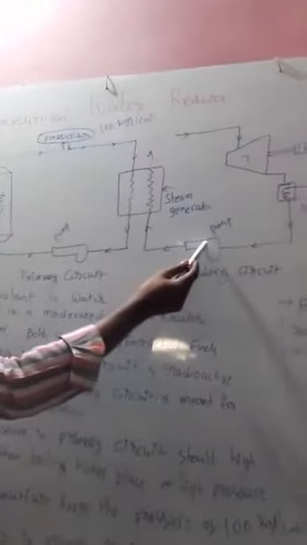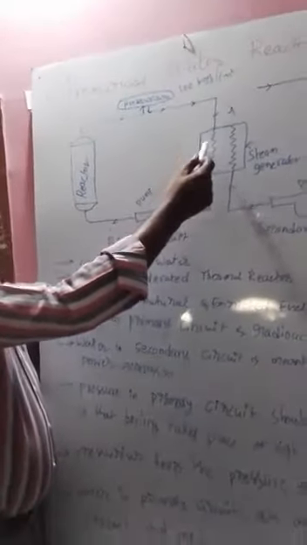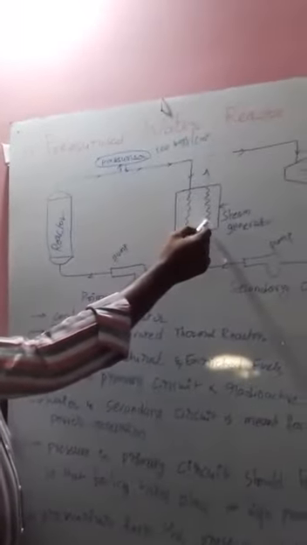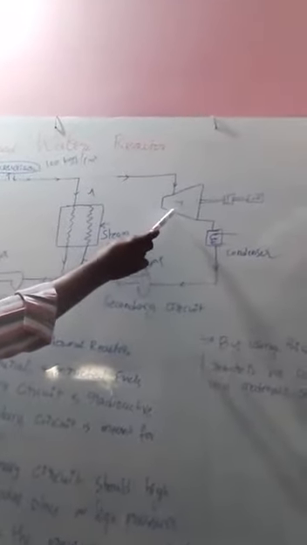In the secondary circuit, the feed water which is pumped by the pump will enter the steam generator or heat exchanger or boiler. As it absorbs the latent heat rejected by the primary coolant or water in the primary circuit, this water changes its phase and becomes steam. This steam enters the turbine and expands over the turbine blades, rotating the turbine.